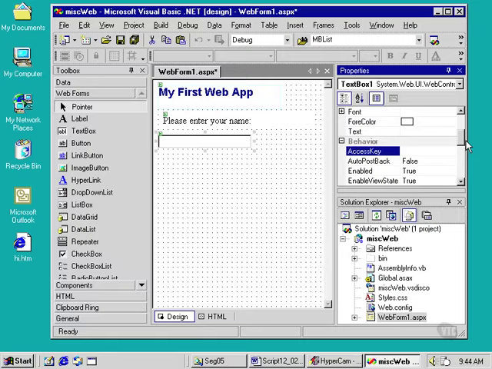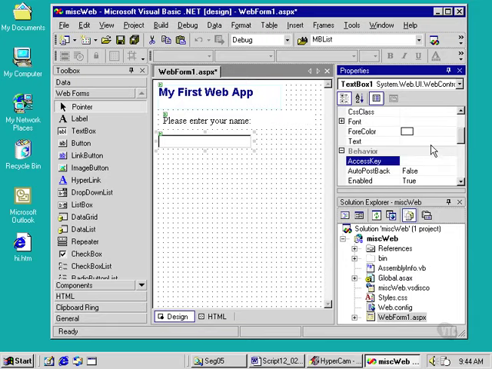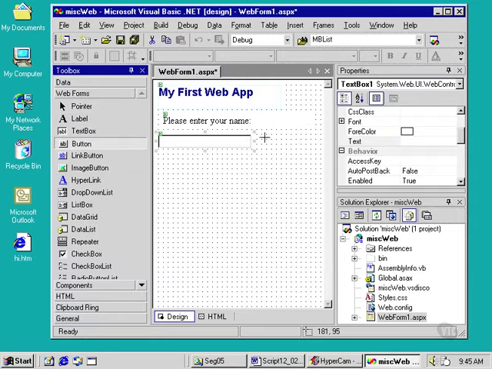If you wanted to make this text box have a default value that would appear when the application first opened, you would enter some text in the text property. As it is, we want it to be empty when the user first opens the application, so we're going to leave this property blank. Now let's go over and choose the button control